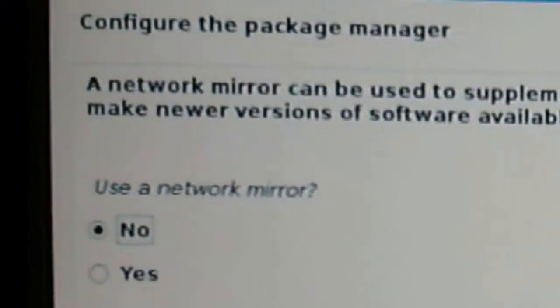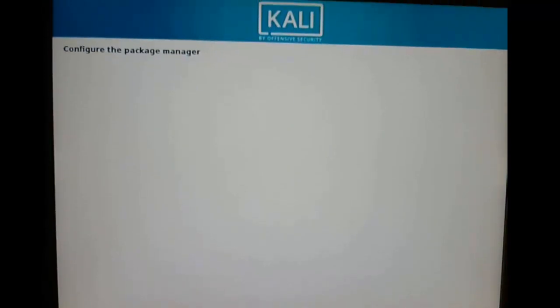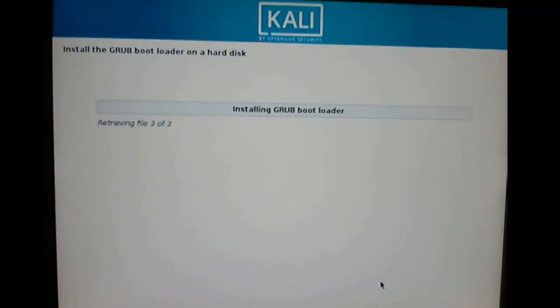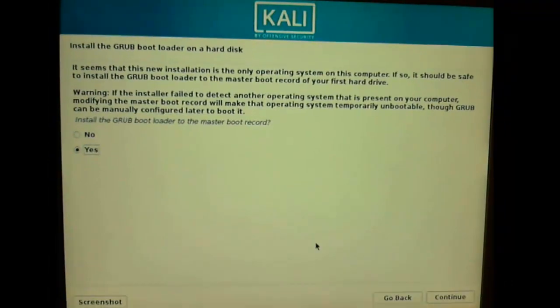Use a network mirror. Click no, click continue. This is the installing bootloader. Click yes.